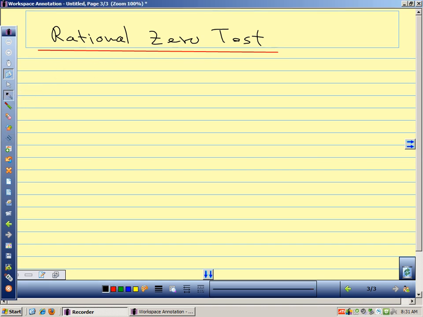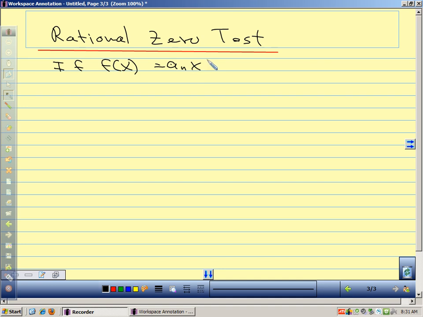So our rational zero test tells us that if we have a polynomial, f of x equals, and I'm going to write this down, a sub n x to the n plus a sub n minus 1 x to the n minus 1, plus dot dot dot, plus a1x, plus a0. If this polynomial